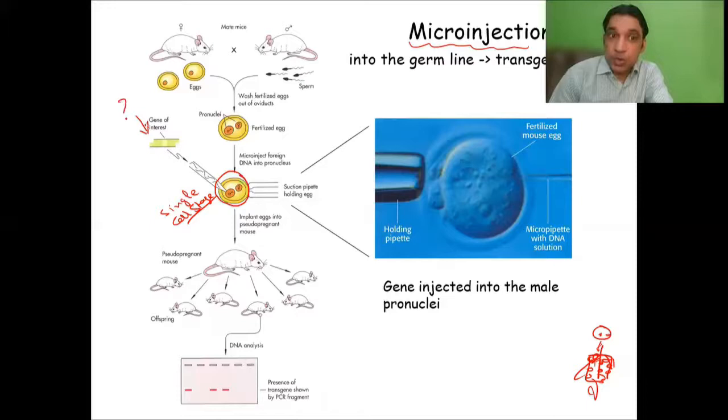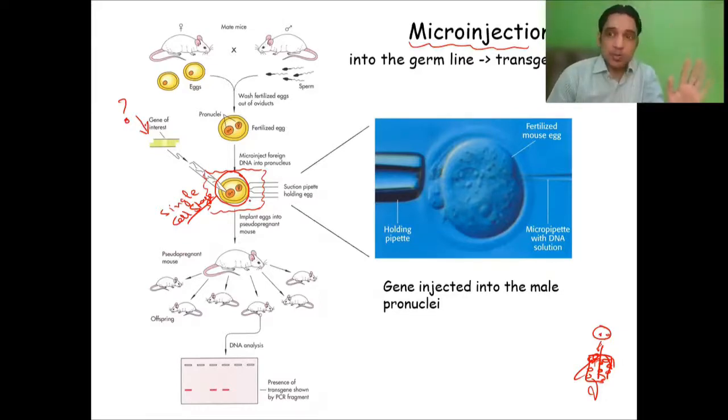Now that is a very important question. I'm not addressing this question here. We have indirectly already understood how we can send the gene of interest here. I'm just helping you recall retroviruses and other plasmids we can use to send the gene of our interest. So how are we able to send the gene of our interest? The first thing we should do is to select a single cell stage. So whatever is going to happen here with that one particular cell, it is going to be part of every